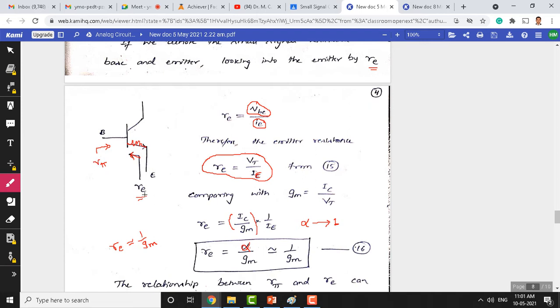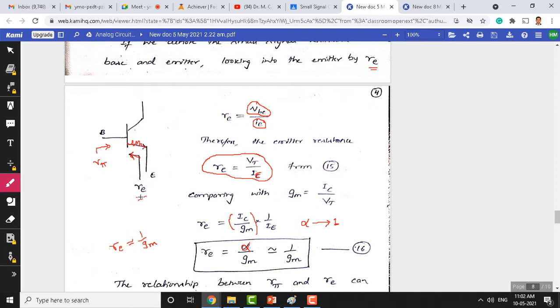Moreover, they are internal resistances and usually have small values, but for a small signal amplifier, these resistances matter a lot. For large signals they become redundant; we don't use R pi and RE when the applied signal is very large in magnitude. But since we are dealing with small signal amplifiers in this course, the AC signal applied between the base and emitter is typically less than 25 millivolts. So that's why this resistance plays an important role.